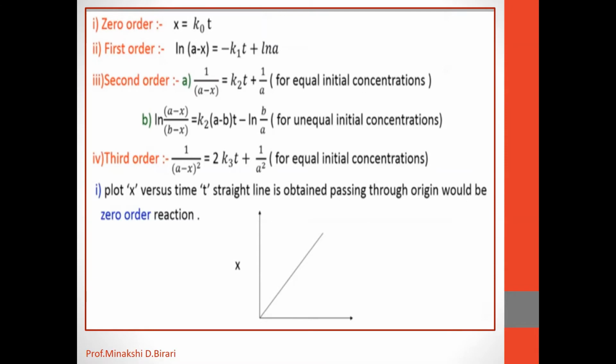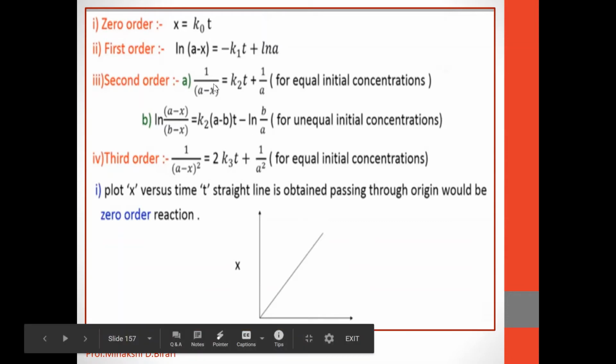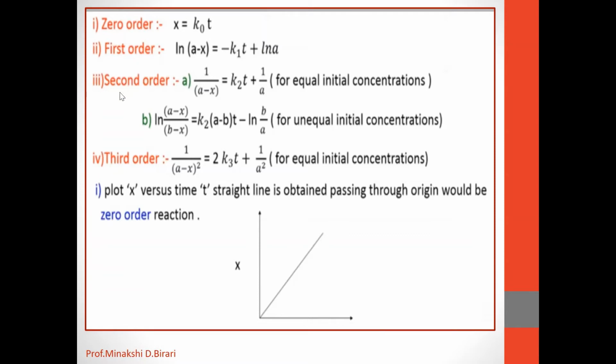For zero order, the integrated rate equation is x = k0t. For a first order reaction, ln(a − x) = −k1t + ln a. For a second order reaction with equal initial concentrations, 1/(a − x) = k2t + 1/a. And if we consider unequal initial concentrations, we have the integrated rate equation of second order,